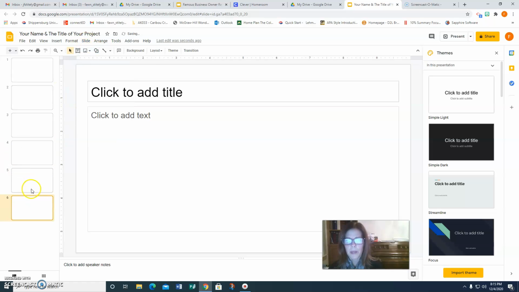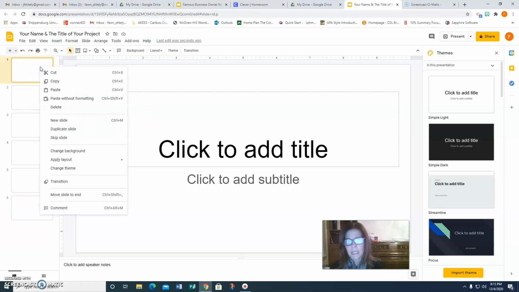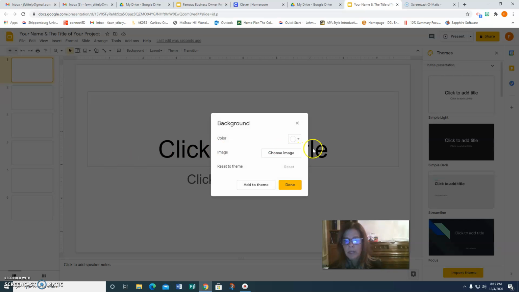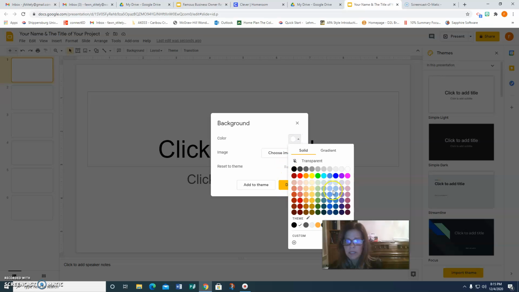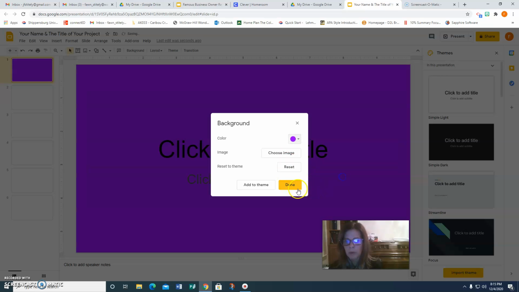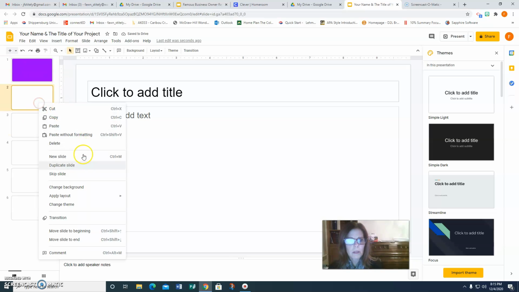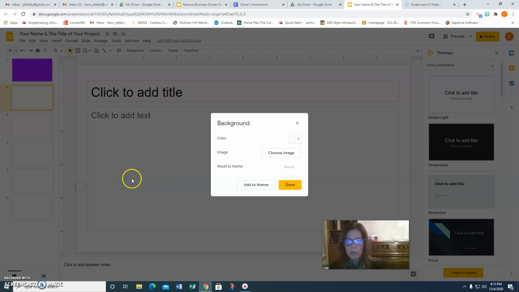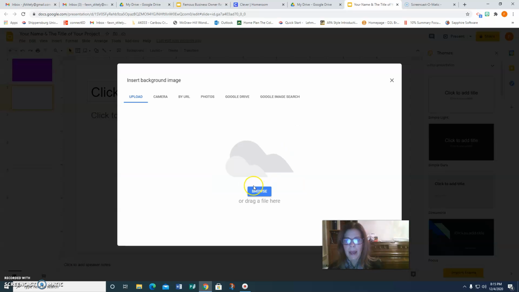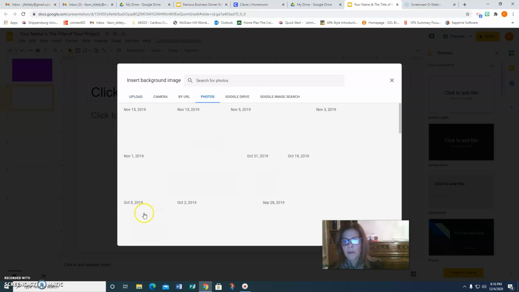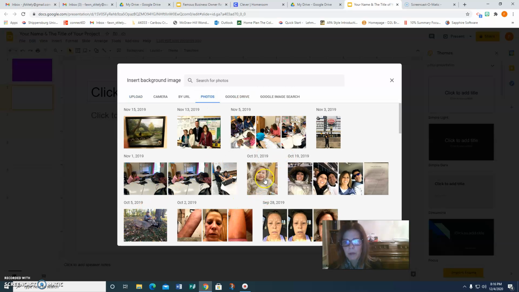New slide. Okay. Now, if I right click in this box, it will give me an opportunity to change the background. So I could choose a color. Let's say maybe I like this lovely purple color, and I click done, and I can make that slide that color. Or let's say that I want to change my background and I want to add an image, maybe from something that I've saved or a photograph that I might have. Okay, I might want to insert like this really adorable picture of my grandson right here.